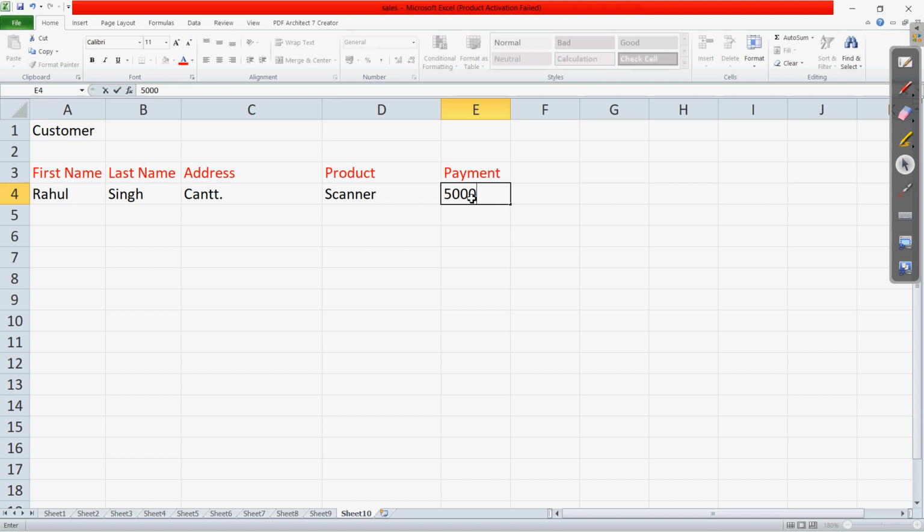If you press the enter key, it will move to the next cell, and we can come to the next row. Clear? So this way we can enter the different fields, and also enter the values for the different records. I hope this is clear.